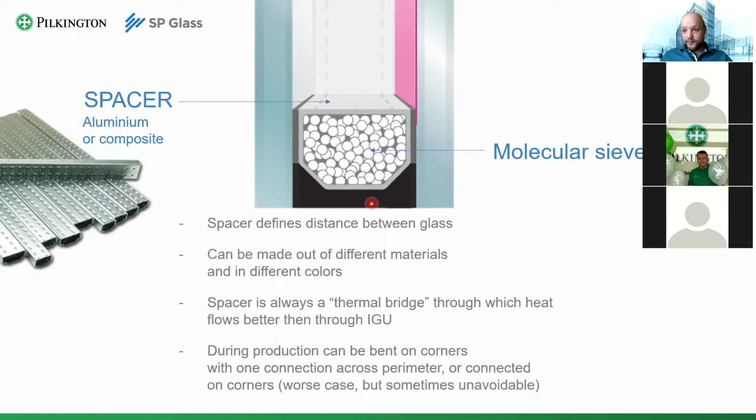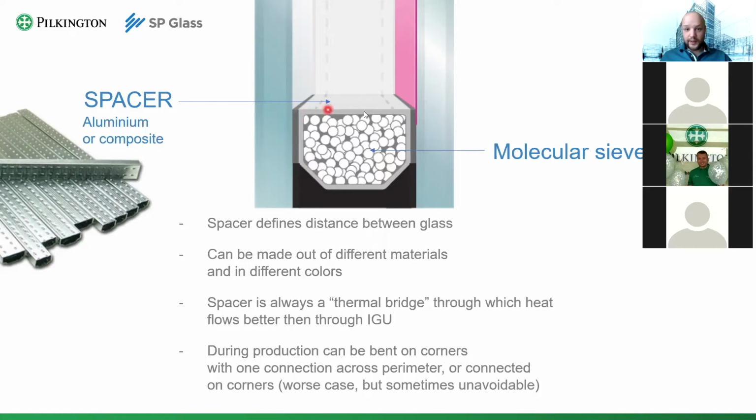Aluminum is a metal, and the heat conductance coefficient is very high, meaning the aluminum spacer creates a so-called thermal bridge, meaning the heat is freely moving through the metal, out or in, depending on where it's hot and where it's cold. So the aluminum spacer is compromising the U value of your whole window or facade system, basically of the edge area of an IG unit. Now, for that purpose,